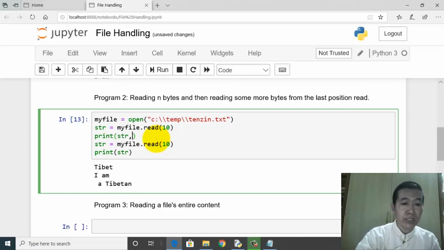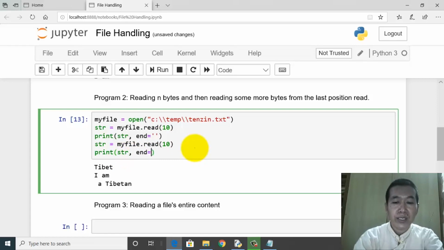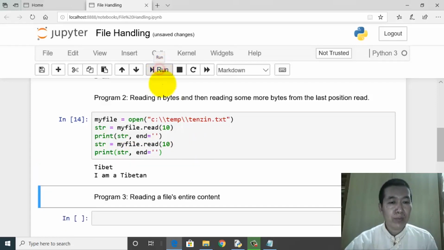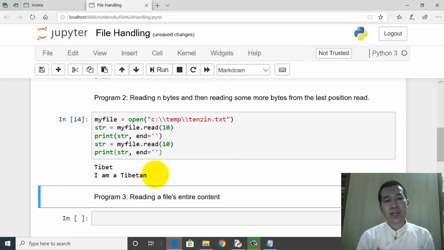So in order to get rid of this particular line, we'll use this end equals. Okay, and then let's do the same thing here, end equals, and then let's run the program. Okay, this is better. So again, let's do a quick counting. It starts here, space 1 2 3 4 5 6 7 8 9 10. So in the second program, what you need to know is, once you read the first line and then you try to read it again, it will not restart, rather it will continue further. So this is the program with regard to program number 2.